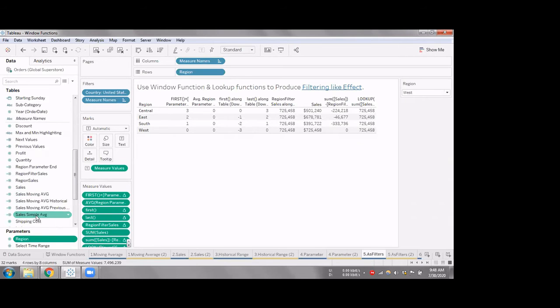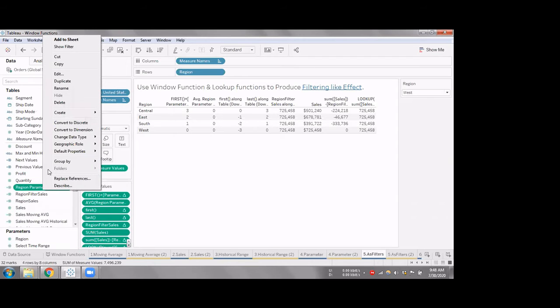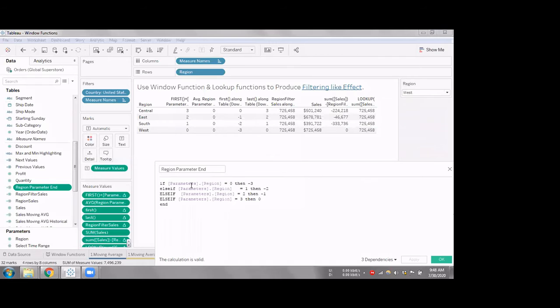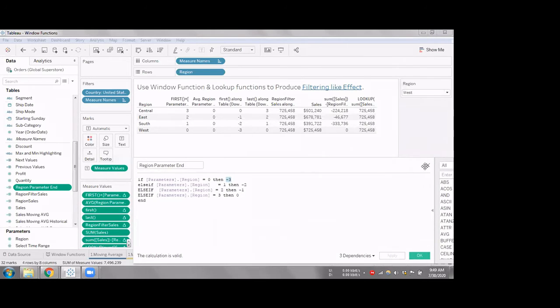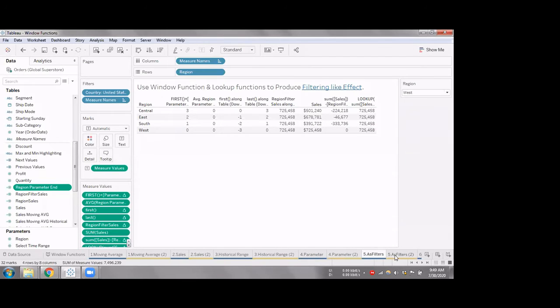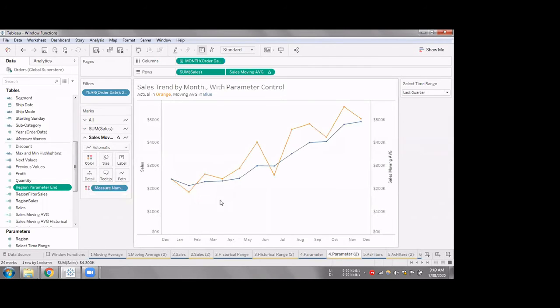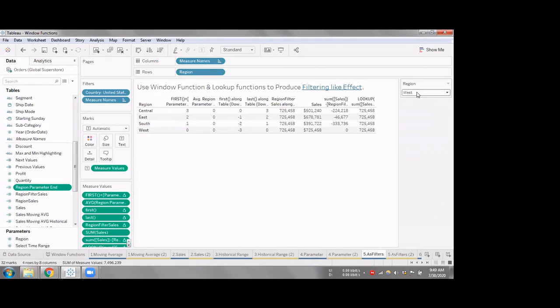So now I used that parameter and I created this particular calculated field. If my parameter value is region 0, that means central region, then give me -3. If you look at the previous calculation, let me open that. Okay, so your first parameter was the Start and this value is the end value. Okay, so based on that, if I change this,